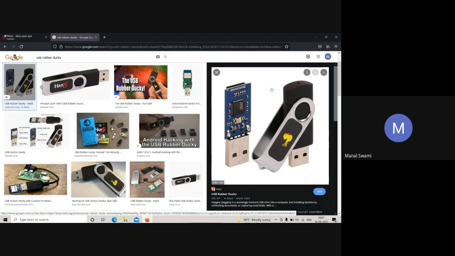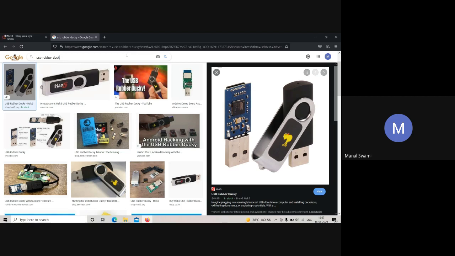So in India, it is not available. Okay, you'll have to import it from any other country, and it is very very costly. Okay, so you can make such things. See, this is illegal to conduct, but just for testing purpose on your own system, or to make as a project, you can do these things.